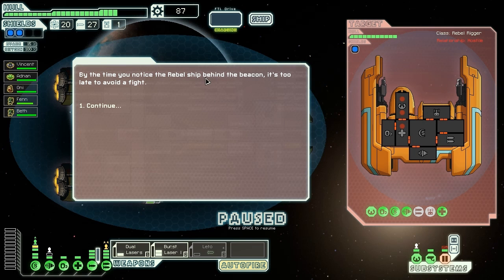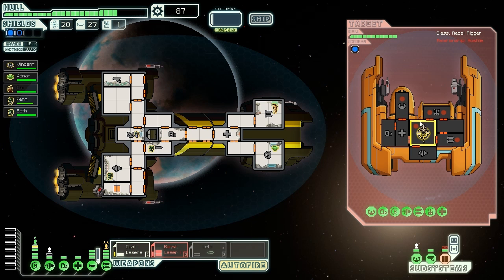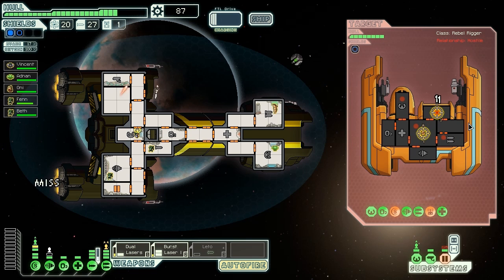By the time you notice the rebel ship behind the beacon, it's too late to avoid a fight. So these guys look badass. Let's aim at their drone. I hate the guys with drones. Okay, we did some damage there. They ruptured our hull, but I'm gonna aim at their shields and